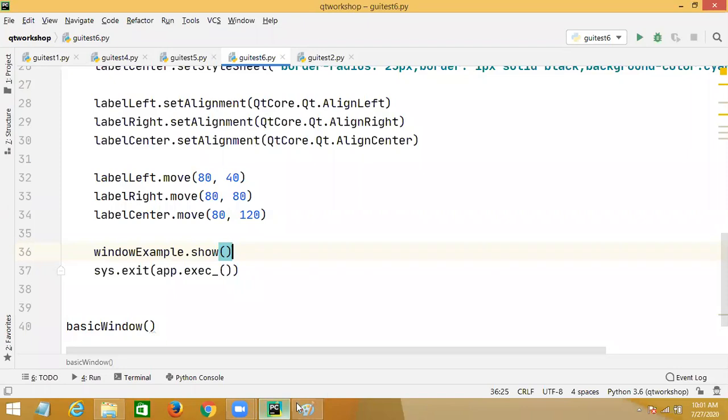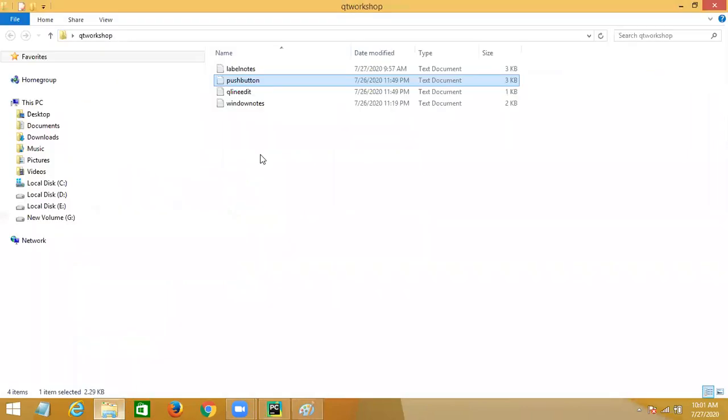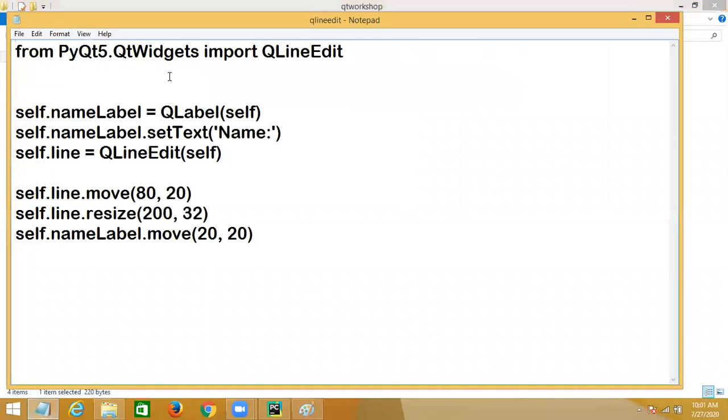If you want to create a field where you want to input some data, you can use QLineEdit.